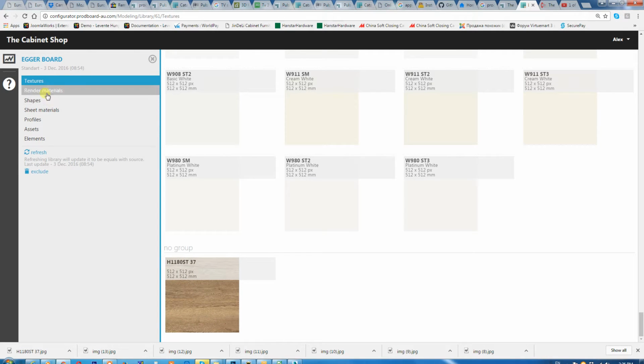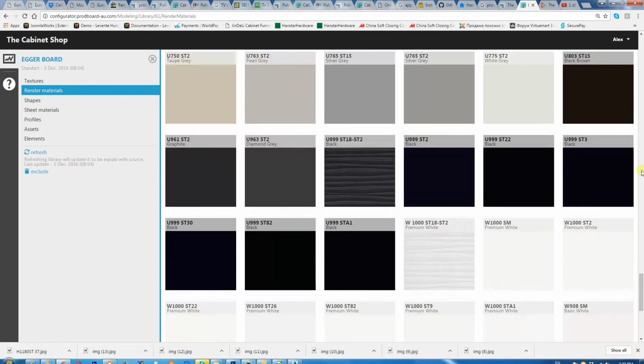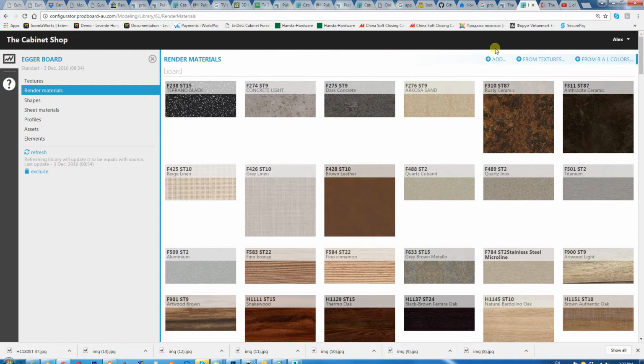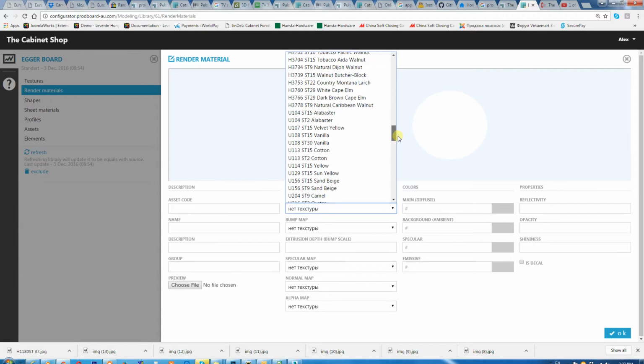From the texture we need to create a render material. This is a material which will be shown actually in design of the kitchen. So we can click add. We can select a texture. This texture will be probably one of the